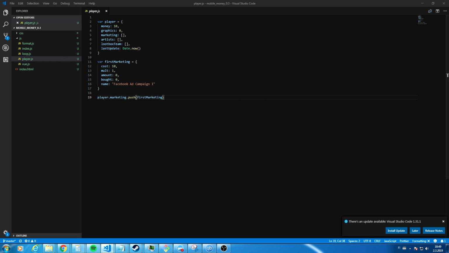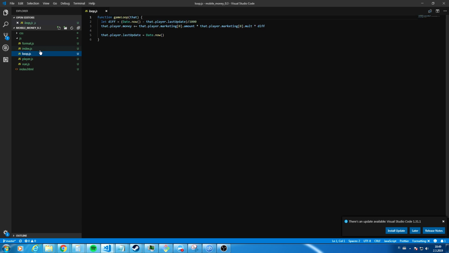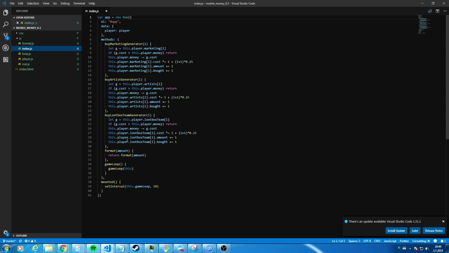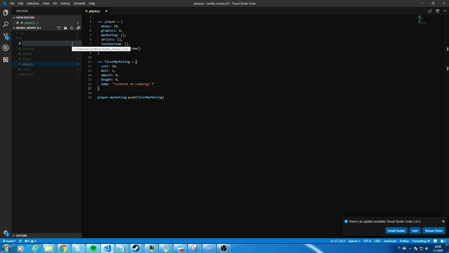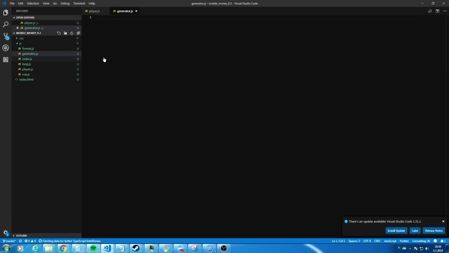Okay, so what we want to do first is, because we have this generator, this is just an object, but we want to actually make a class for the generator, so that we wouldn't have to do this kind of thing, because this is a lot of recurring code. So we'll just make a generator.js, and in here we'll do class